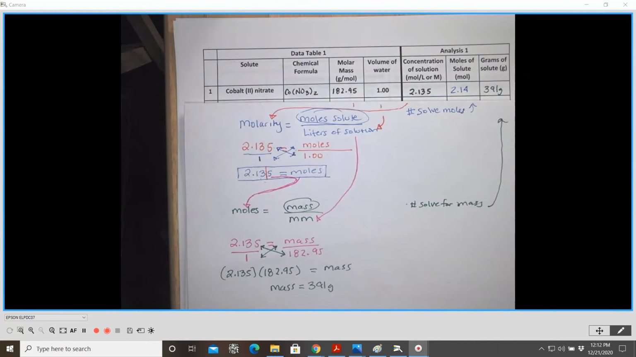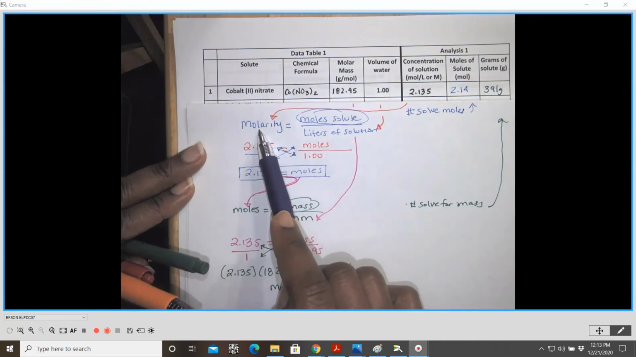Okay. So that is it for this video. You're going to do the same procedure for the other salts that you did, other solutions that you made. So remember, you start off by using the molarity equals mole